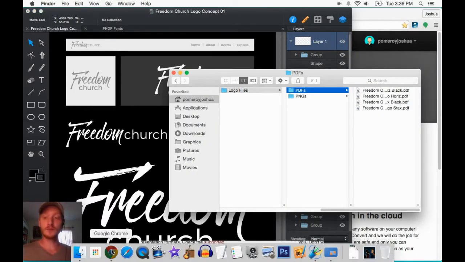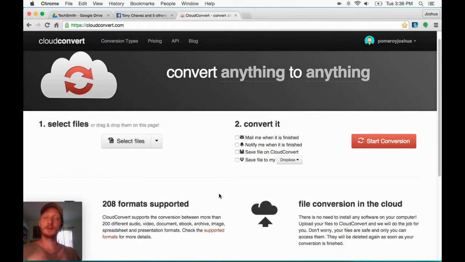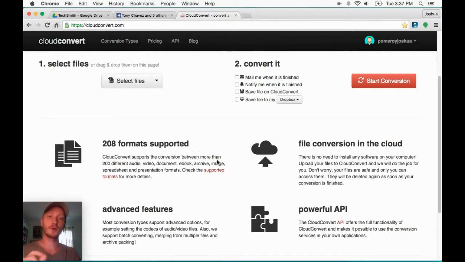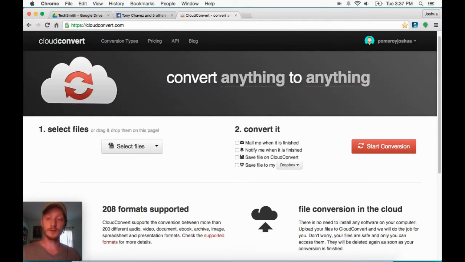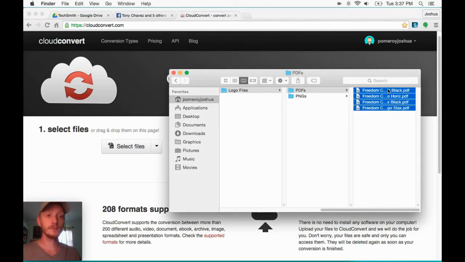And what I want to do is convert them into files that I know, one, Google Drawings can read, but also that won't lose any resolution if they use any of the Microsoft Office suite of applications when they want to use their logo. Microsoft Office uses a WMF format for their clip art files, and so that's what I'm going to use to convert these, both for Microsoft Office users and for use in Google Drive applications. So what I'm going to do is just go into my Finder here and select all